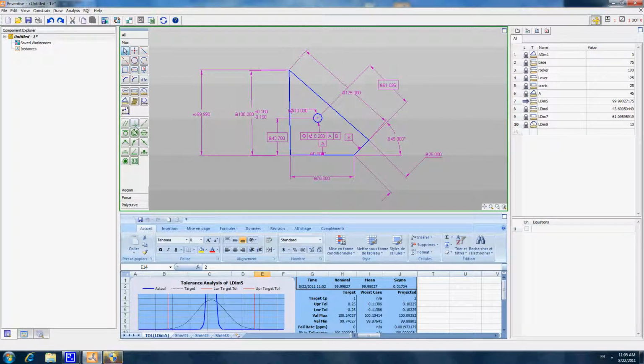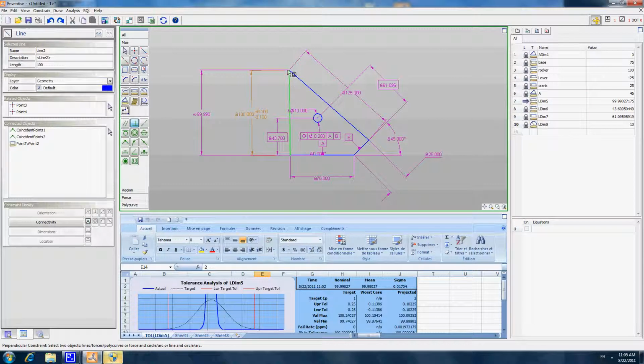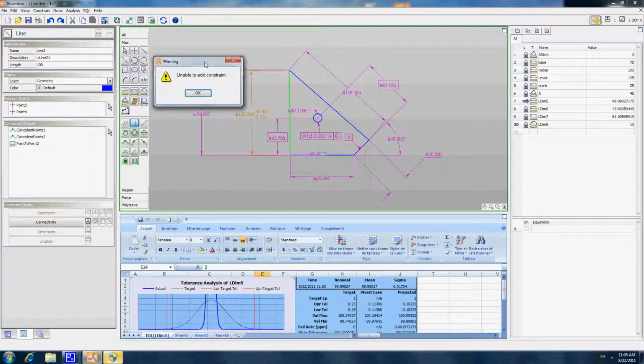A second example would be to try to put this face here of the component perpendicular to the reference A. So I'm going to create it right now to try to make it perpendicular. So this should be perpendicular to A. You can see I'm trying here to create the perpendicularity tolerance, and the system says I'm not able to create this constraint.